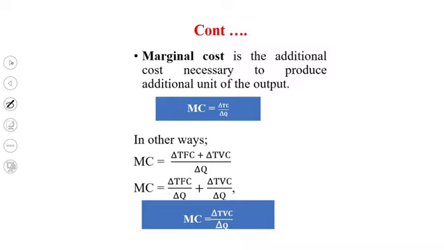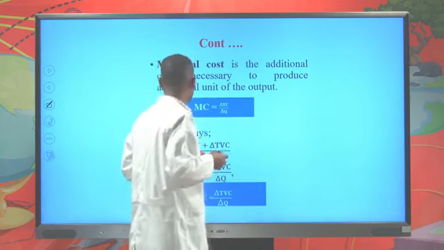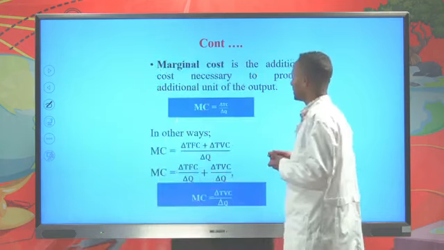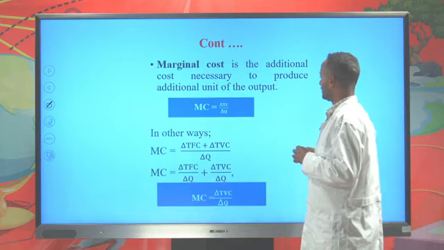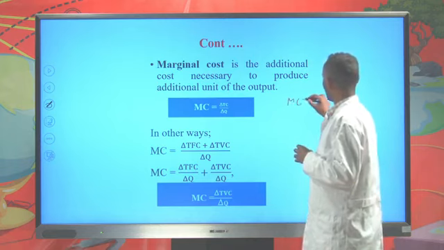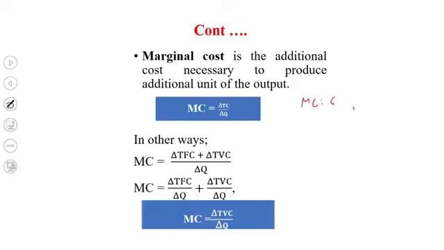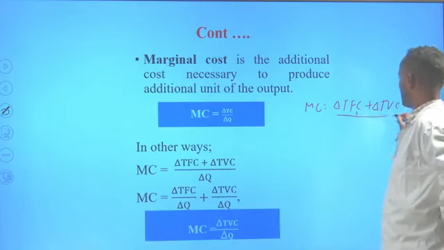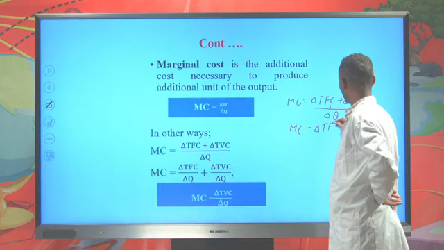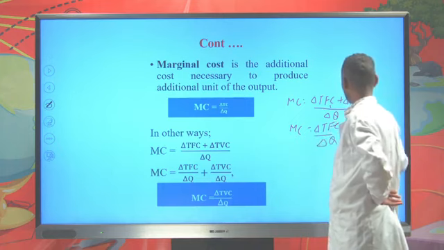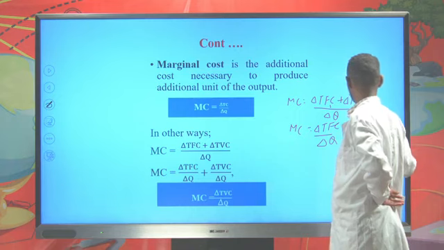Now, the marginal cost of production is the additional cost that is incurred from additional sales of a commodity. Mathematically, the marginal cost of production is calculated by dividing the change in the total cost of production for the change in output produced and sold. But there is another way of calculating the marginal cost of production: the change in the total cost of production means the change in total fixed cost of production plus the change in the total variable cost of production divided by the change in Q. And when we rewrite this, the marginal cost of production will be the change in the total fixed cost of production for the change in Q plus the change in total variable cost of production divided by the change in